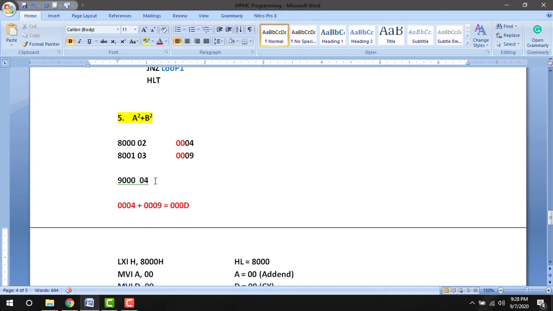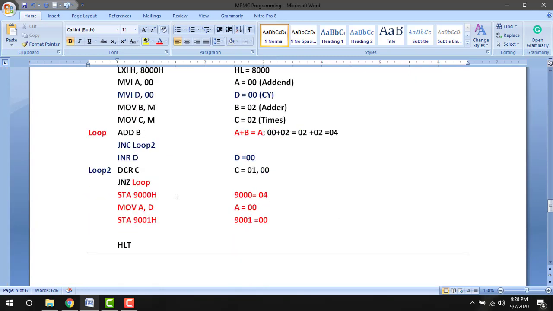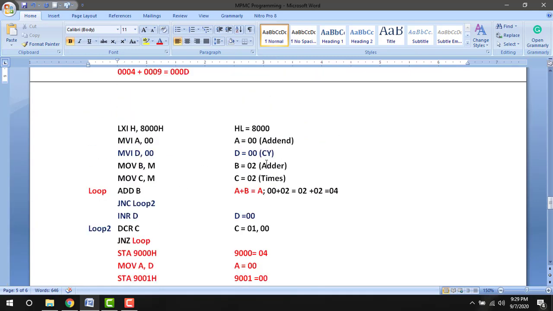So as of now we stored 2 square data in 9000 and the carry part of the first data in 9001. Now it is 00. So first part is over.